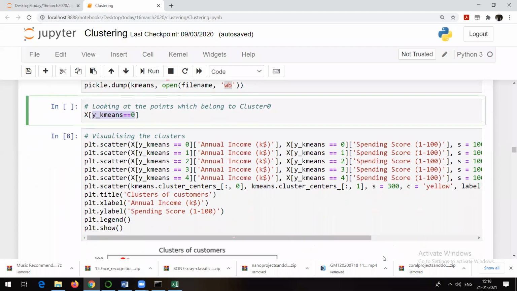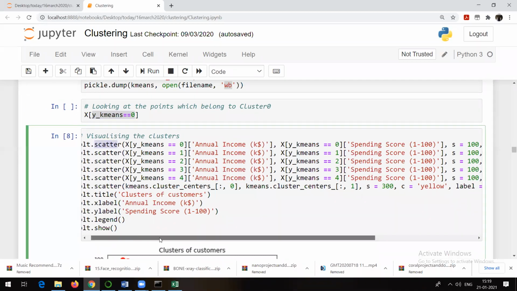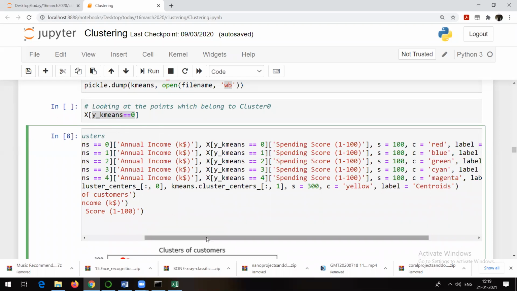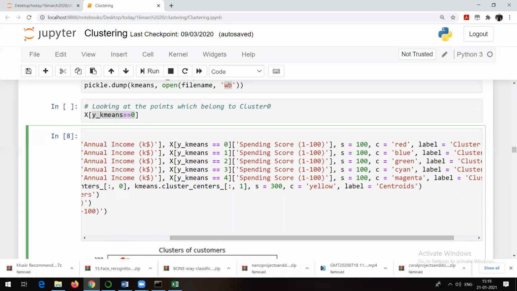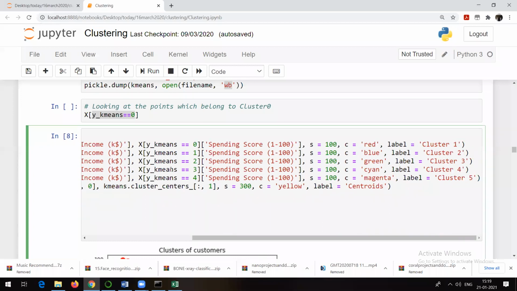And if you want to plot the things, definitely you can make use of a scatter plot. What we have done here is plt.scatter, for the points which belong to the zeroth cluster, the first cluster, second cluster, third cluster, and fourth cluster. plt.scatter is a method available in the matplotlib package, and it has a lot of arguments. We are doing a very simple thing here. I'm passing the data to it. S is nothing but size, C is nothing but color, and label is the label which we want to give to that particular cluster.